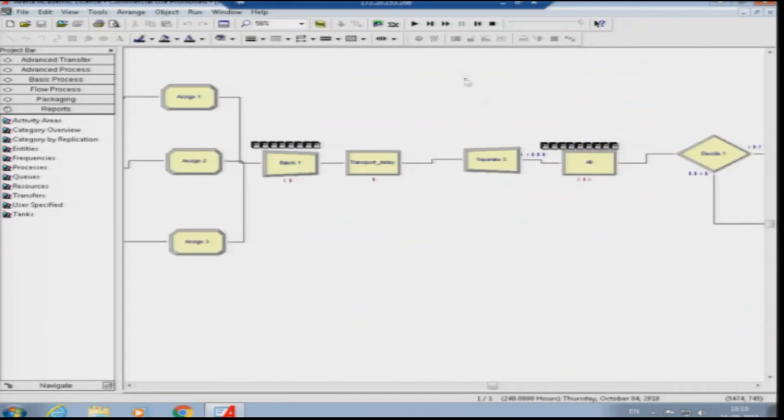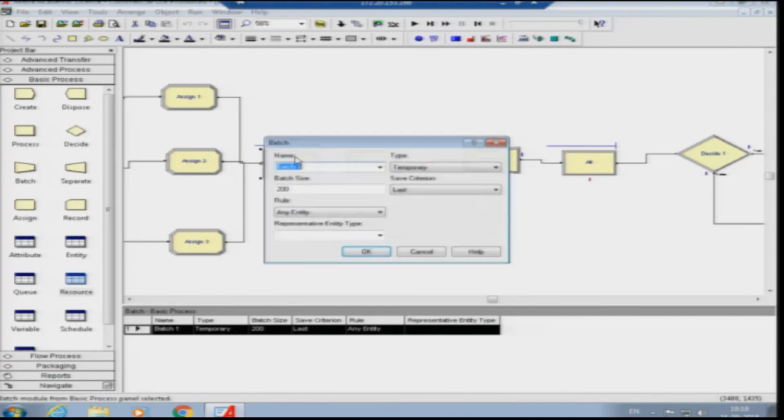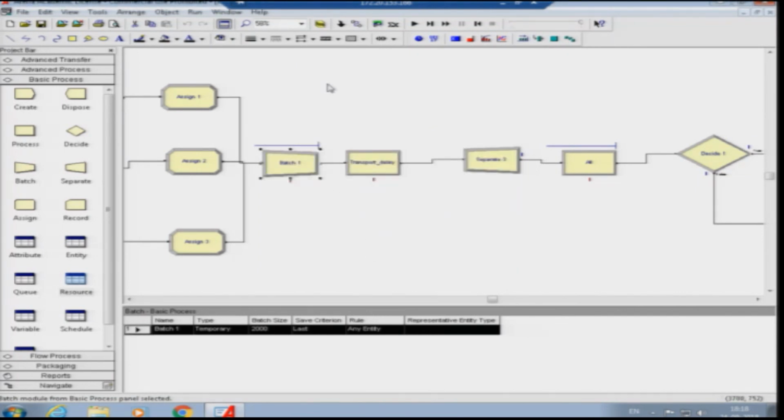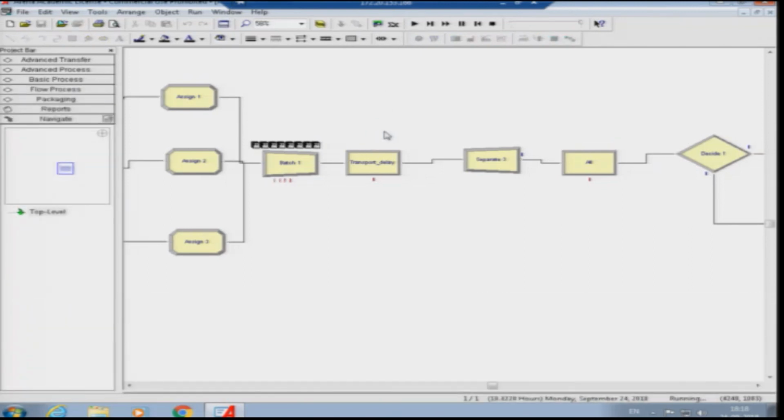So, what we do is increase it abruptly to a very large value, say until it reaches 2,000, and then it cannot go out.